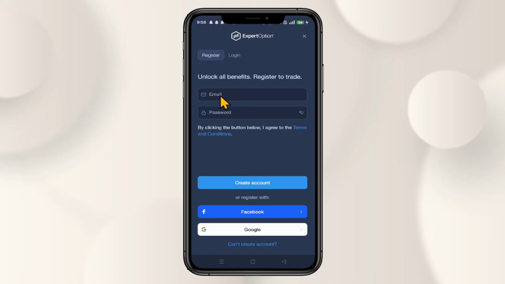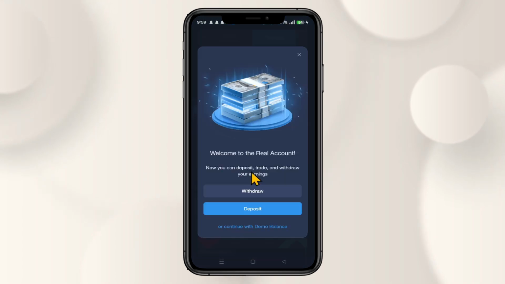You can use your email address, and you also have the option to use your Facebook or Google account directly. Proceed with either one of these options, and if you use your email address, type it in within the given box and enter your desired password underneath for your account. You can then tap on the Create Account button, and now you will see the option to deposit your money,